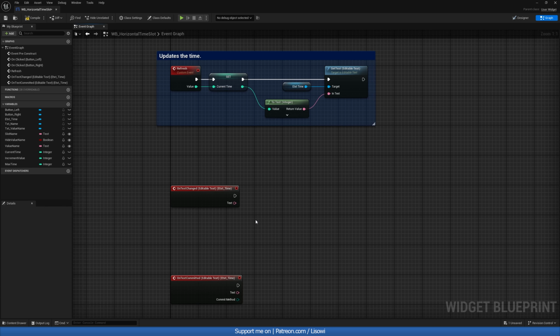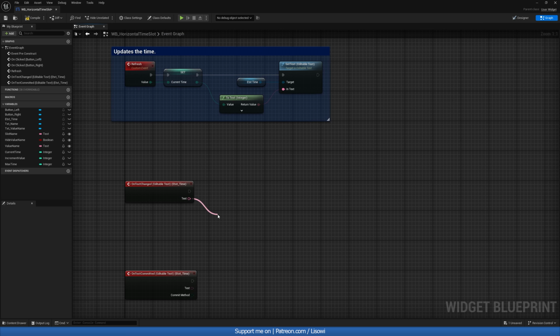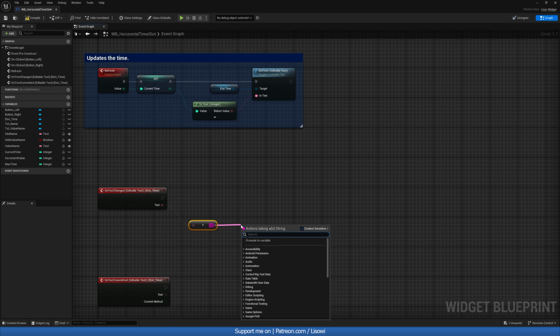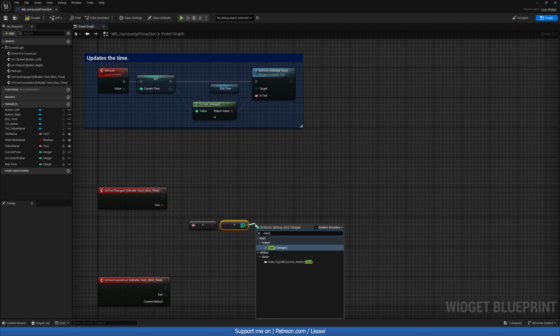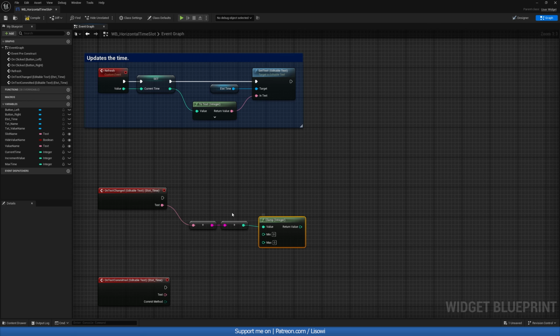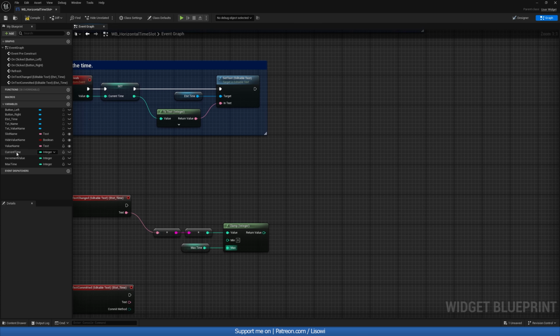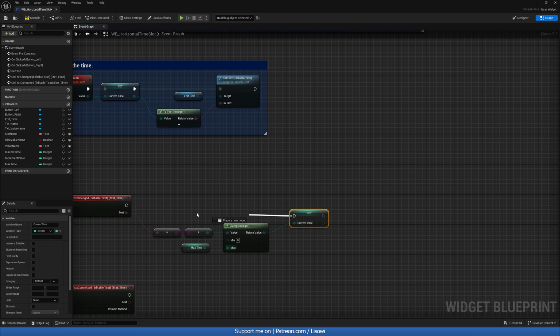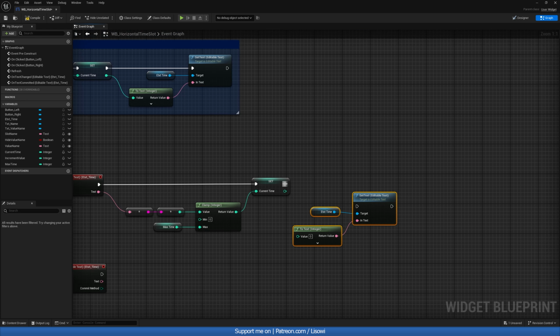We also just want to clamp it so that we don't press letters, etc. into it. So for that, we'll do text to string. And we want to then do string to integer. There we go. And from that, we'll do a clamp to whatever the value is and our maximum value. So max time, we set that as the current time. And you've guessed it, we just call refresh. So we can just copy this part, plug it in,